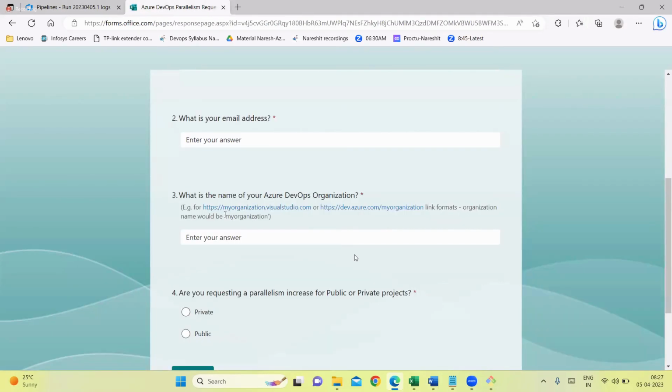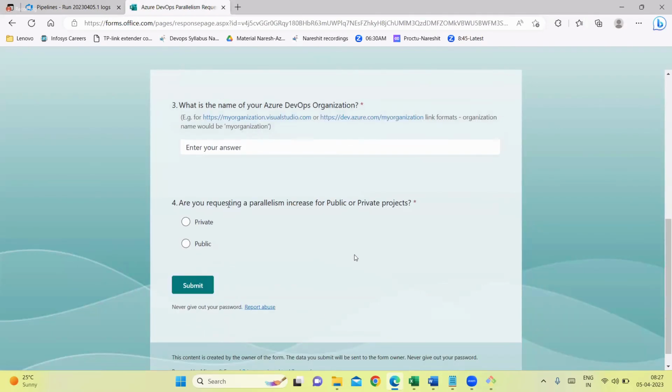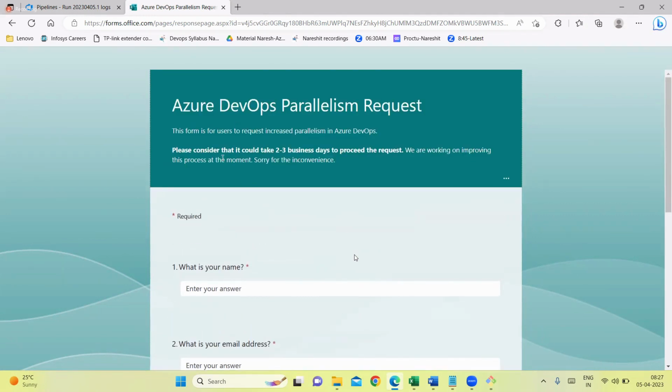Whatever the organization name you have given, give that organization name. Are you running this for a private or public project? Private. Select private here and then click on submit. What it is saying here: please consider that it could take 2 to 3 business days to process the request. We are working on improving this process at the moment. Sorry for the inconvenience. So it will take 2 to 3 business days for you to get the permission